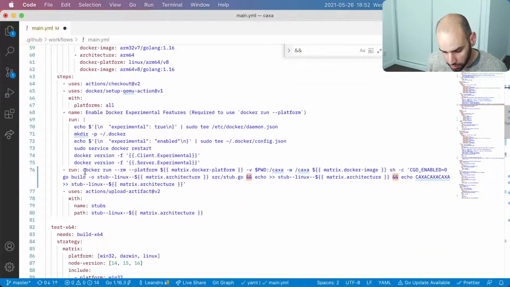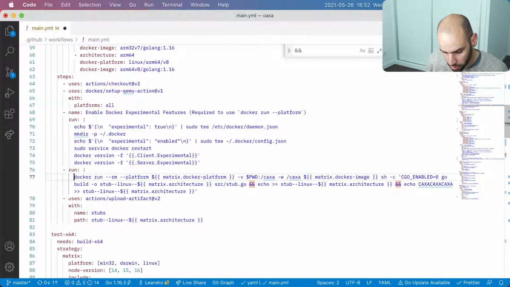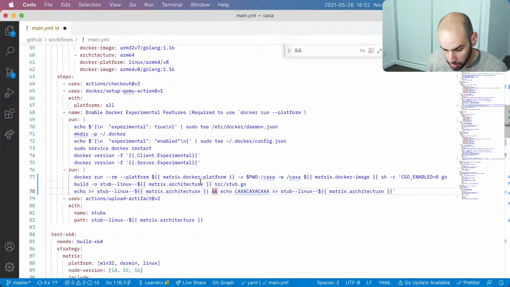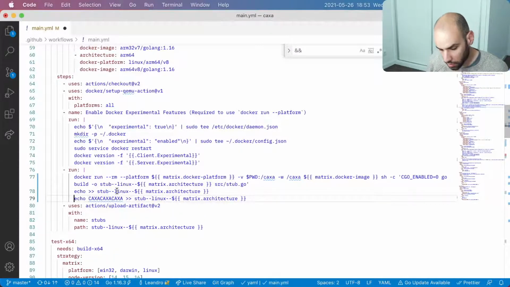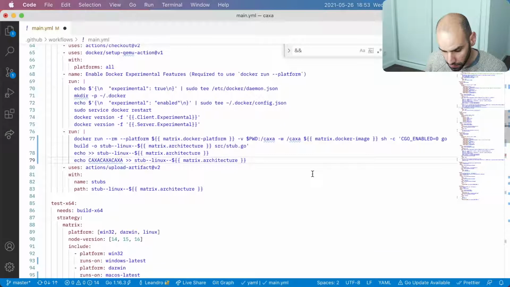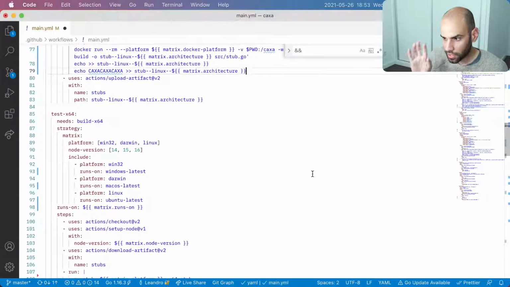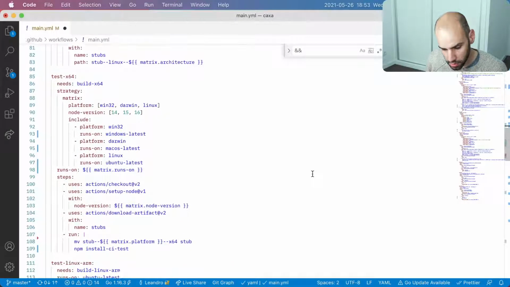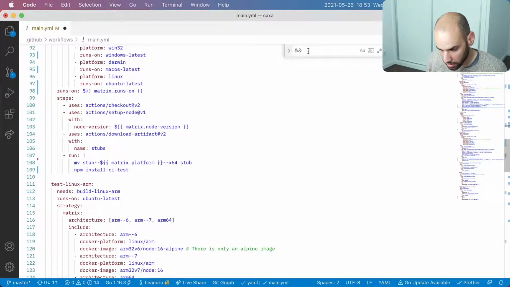So on the build Linux ARM, we can do this line, which is effectively the same as the other ones, except that it's running in the Docker container. So it has all this preamble, but eventually it gets there running everything in the Docker container. And then we can do this to echo the separator. And we don't need to do this part in the Docker container. So we are now only doing the thing that we really need to do in the Docker container. And then everything else I think is okay. There are no other occurrences of and anymore.